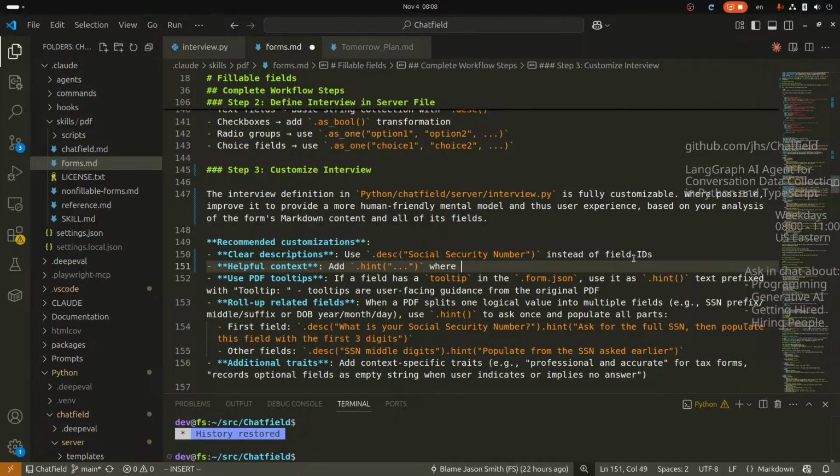Where the form context or well-known facts, where the form content, tooltips, or other guidance indicates information or other guidance. Add .hint,